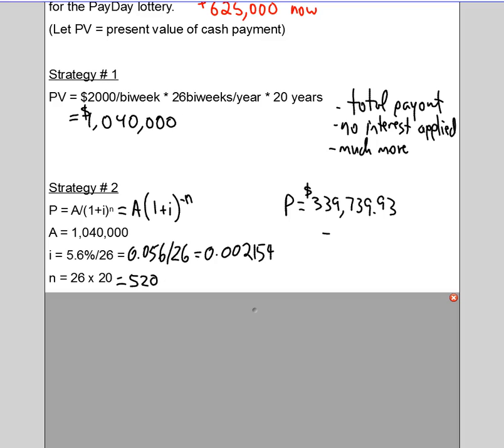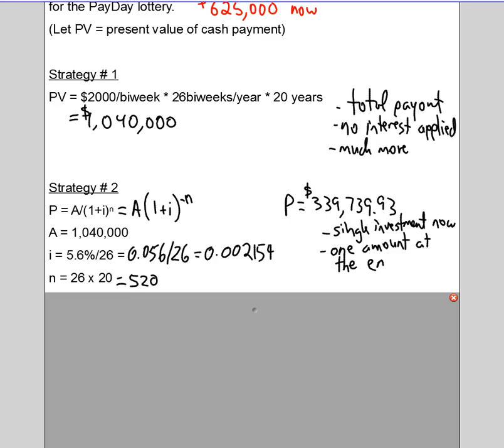So this would represent a single investment now, and it would involve one amount at the end. So rather than receiving 520 amounts every 2 weeks, you're only getting one amount at the